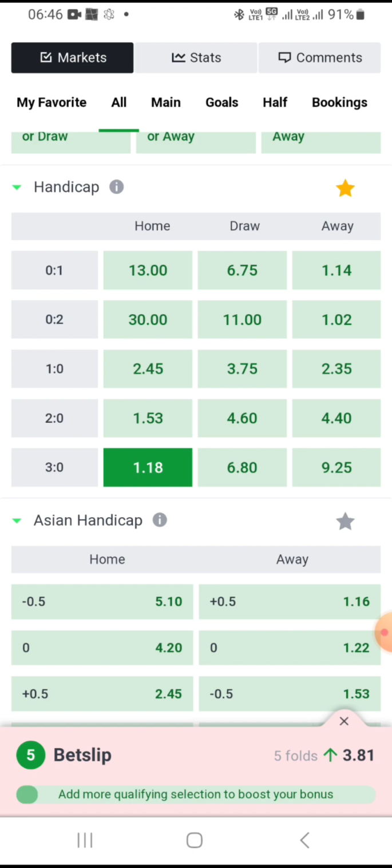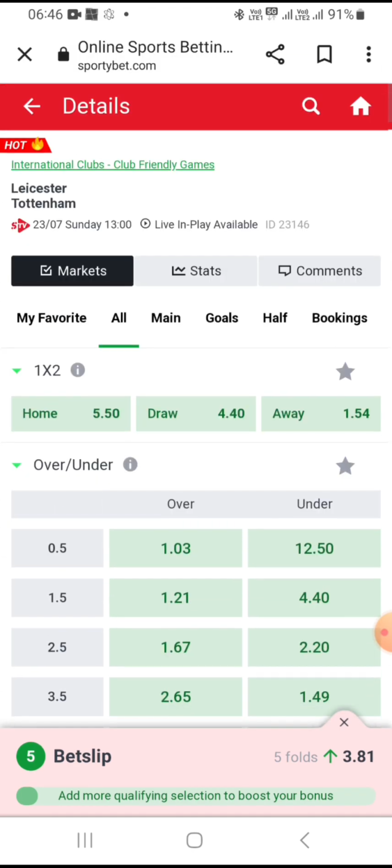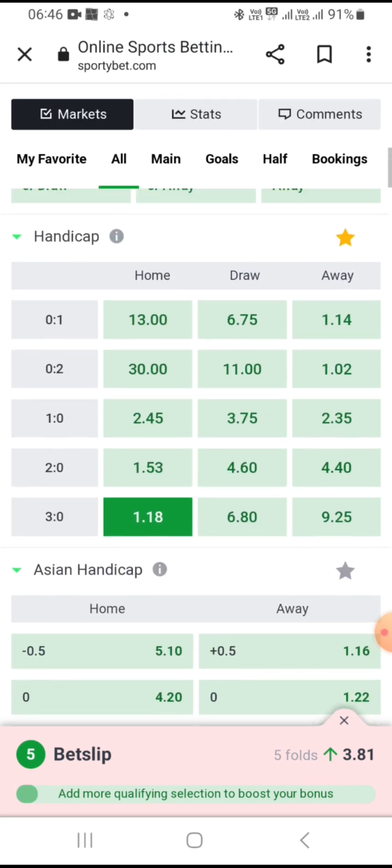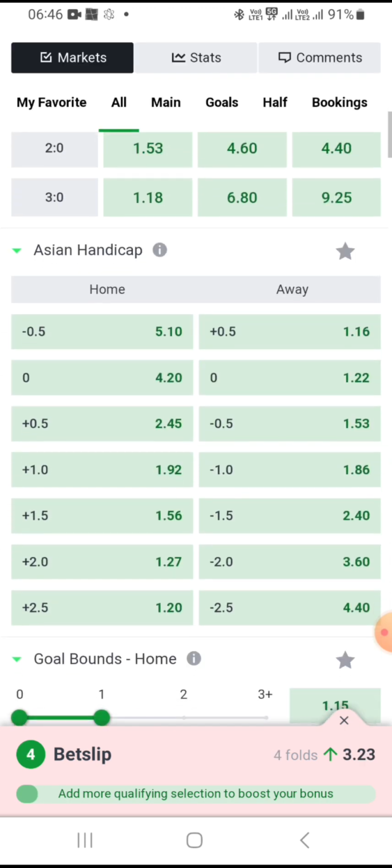So when you play something like this, it is likely that you might win it. So it's between here or here for a lower odd. But if you go for 2-0 by giving Leicester 2, you're taking a very big risk. Even here you're taking a little risk, but it's better you play something like this than something like this. So under handicap,